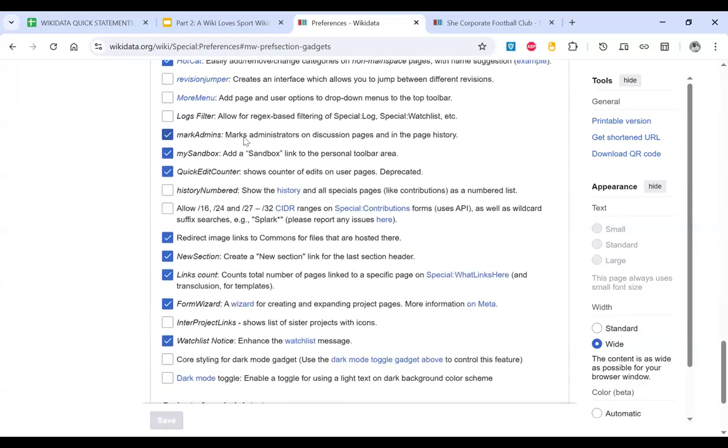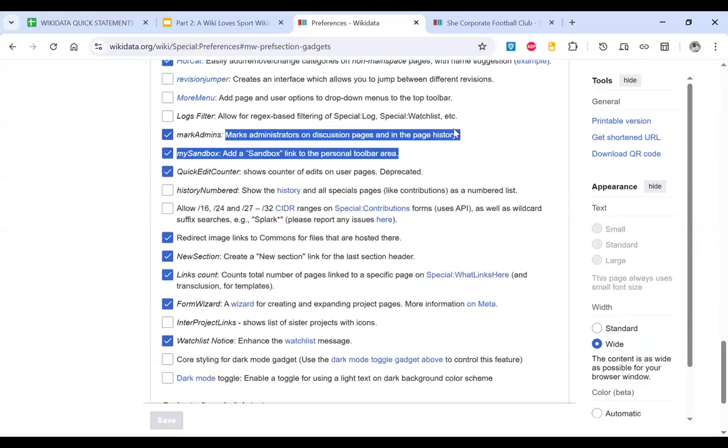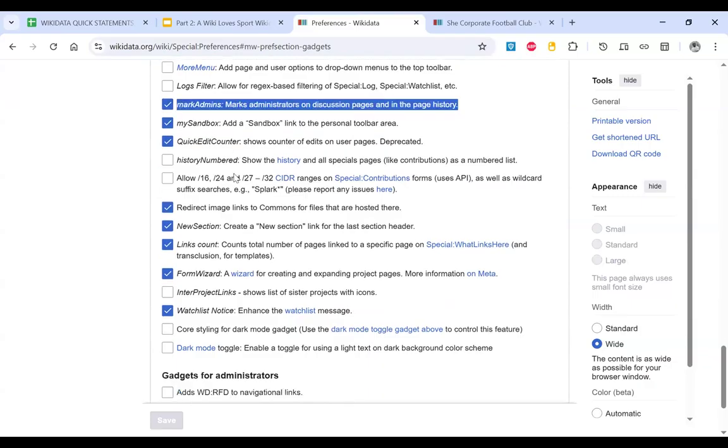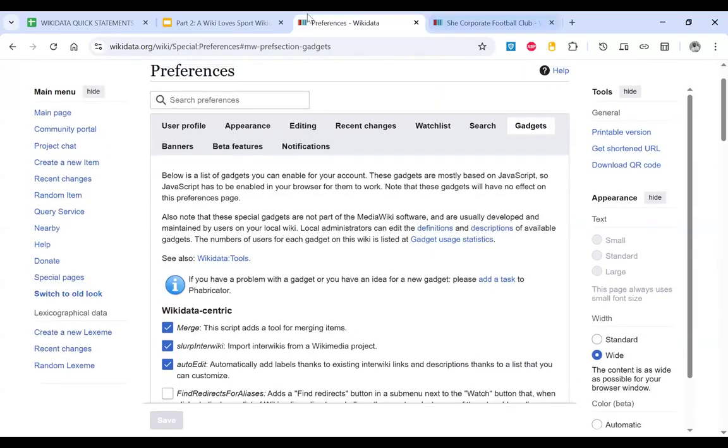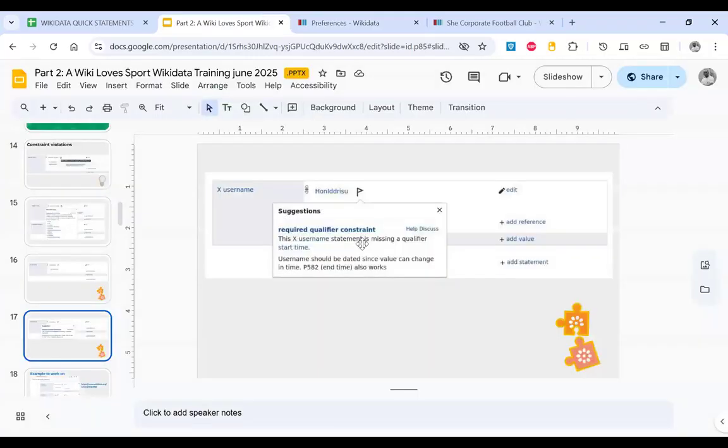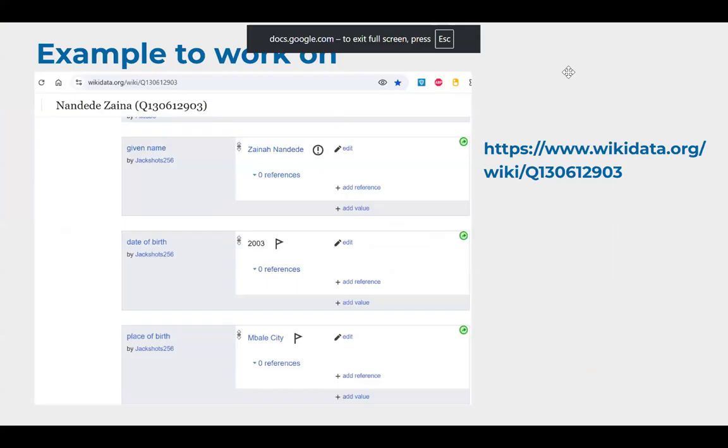There's this one also for marking admins, in case you're in a conversation and you see an admin has made an edit to your page. Yeah, it is in one of those scripts. So the one who asked the query, that is where it is. But for the interest of time,